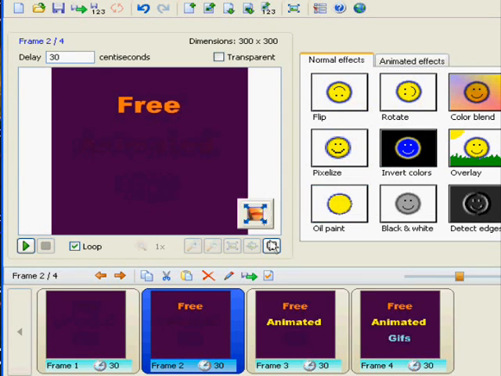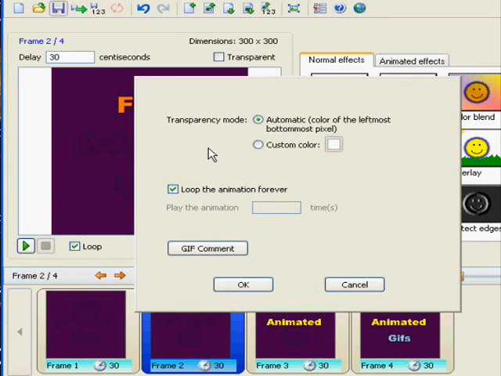You can do a bunch of other stuff. You can add different effects. You can add other pictures, other frames. You come up here and you can add. You can save it as other images, but we want to save it as a GIF file. So we come up here and save it as GIF. Okay, so this Beneton Movie GIF